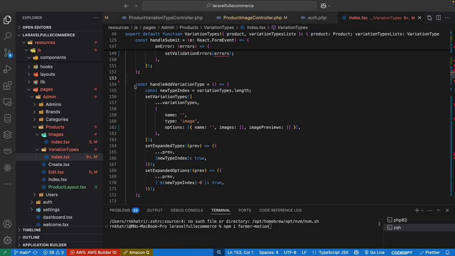After creating a variation type, then we have the new variation index, which is variation types dot length, and set variation types as variation types plus an empty new one, with name and images, and option with name, image empty, preview empty. Okay,